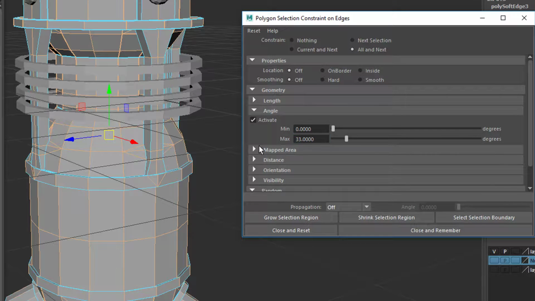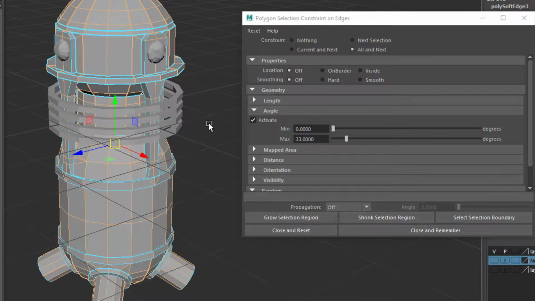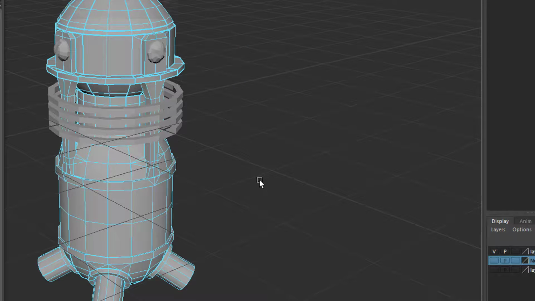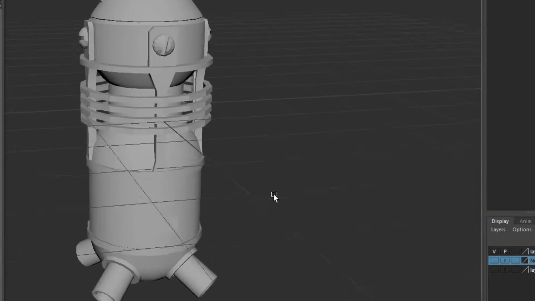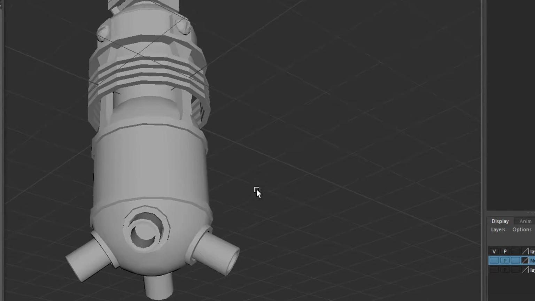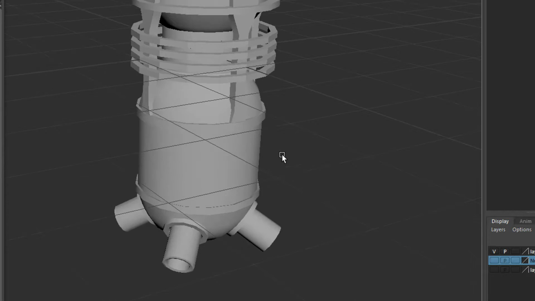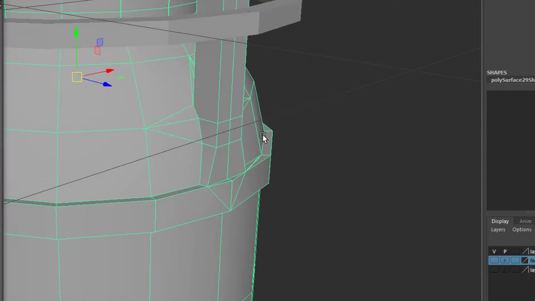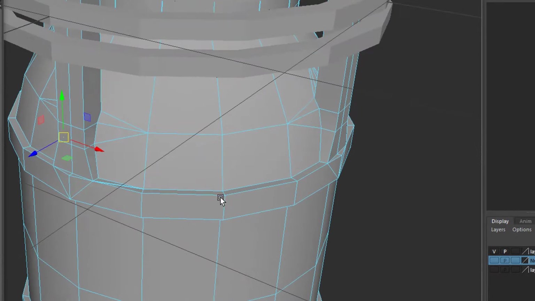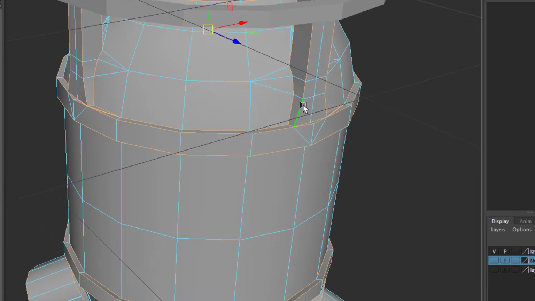I'm going to keep it at 33. And then I'll just go ahead and soften, harden, and soften those. I'll close and reset this. And it becomes easier at this point to start to identify on other objects and on this object what is and what isn't working. If we want this, let's go ahead and delete the history. If we want these to be